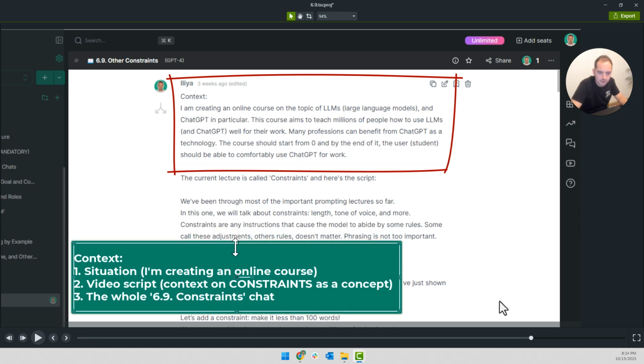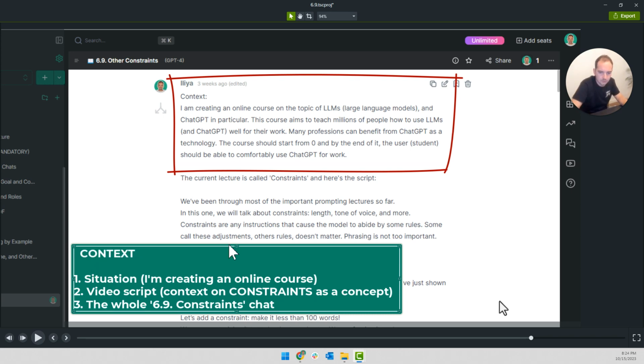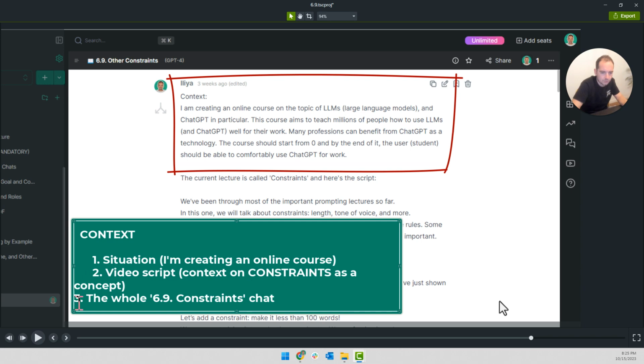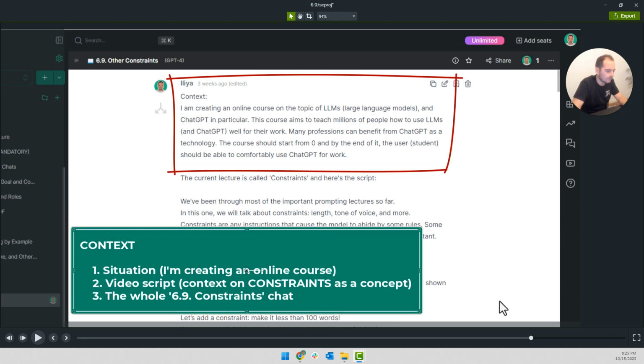Okay, so this is something I would like them to see. Context. Okay, I'll add some spacing because I want it to look nice, right? I want to have space and everything. Okay, and then